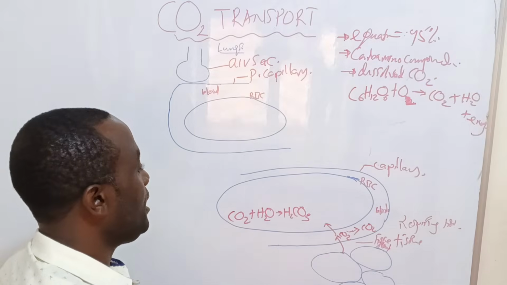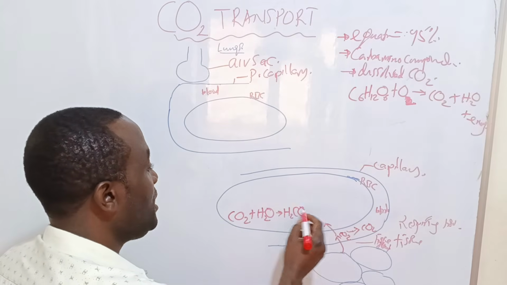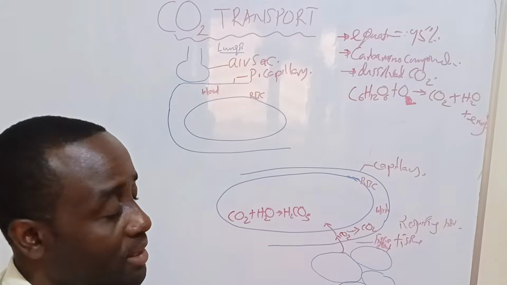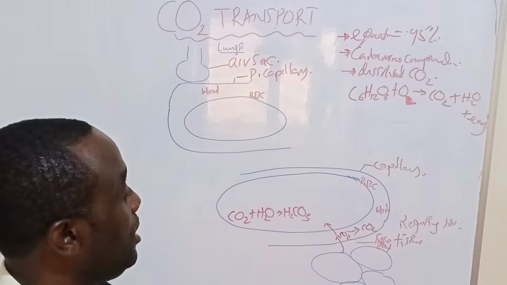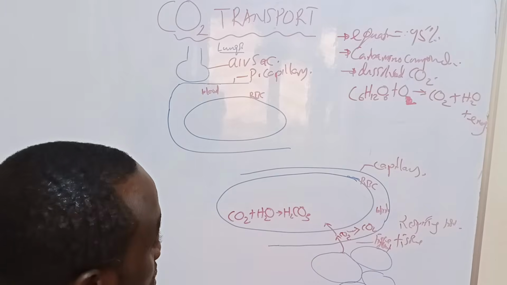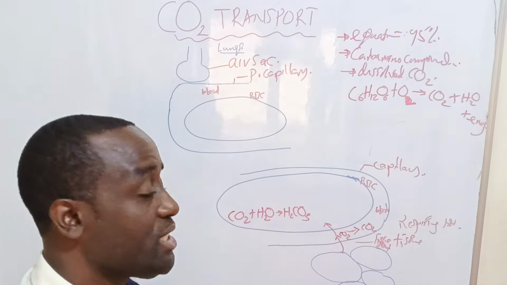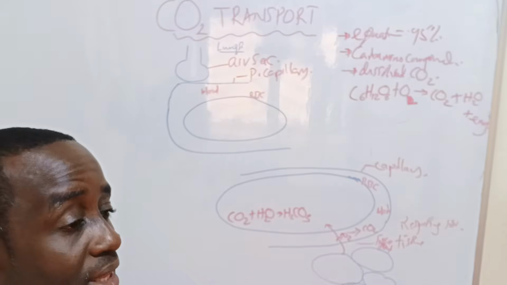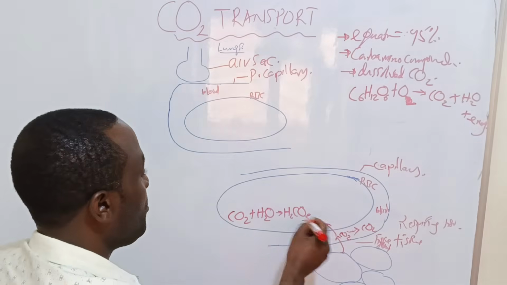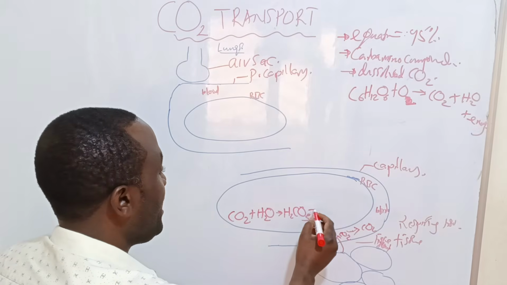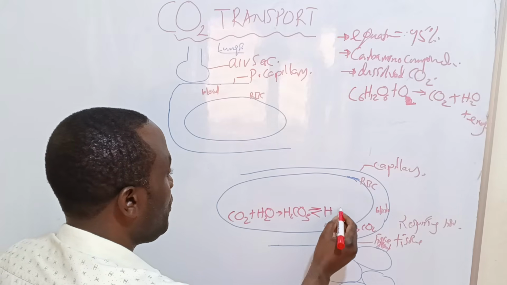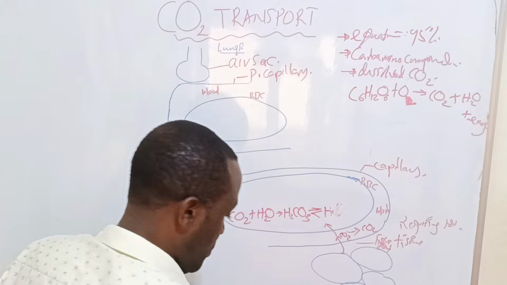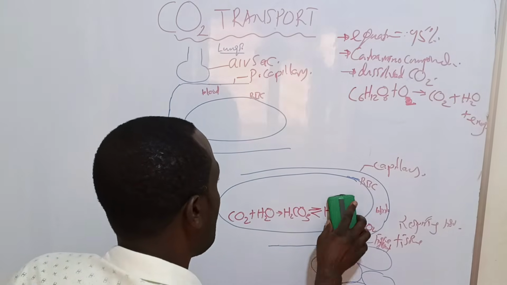Now, the carbonic acid formed is a weak acid. And as you know, within the erythrocytes, these red blood cells, there is cytoplasm, of which water is one of the components. There is no acid which is stable in water. Any acid in water is expected to ionize either strongly or weakly. Carbonic acid weakly ionizes to give very few protons,